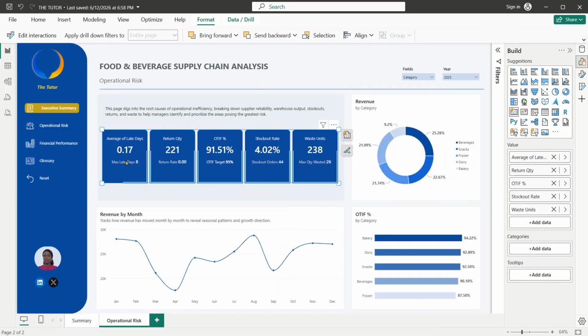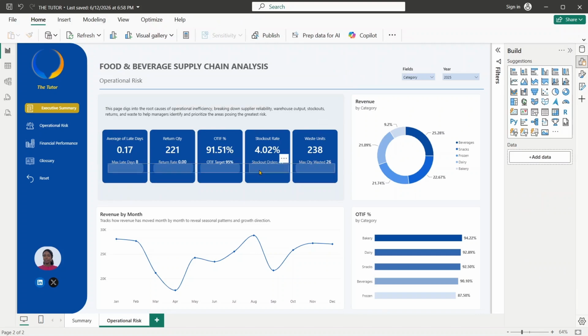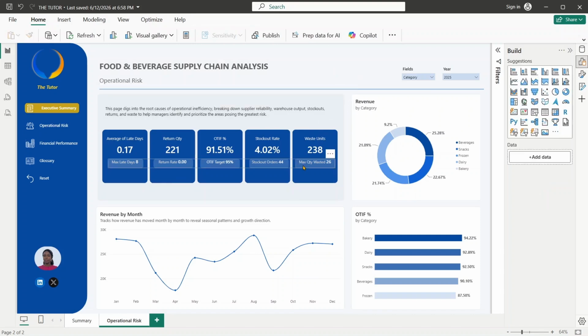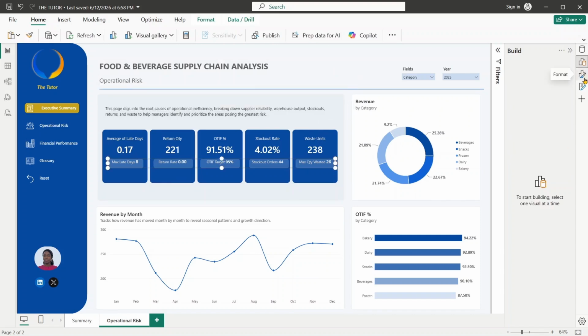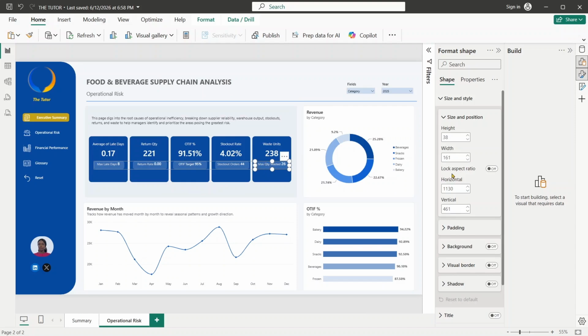So you can see we have our average lead days, we have our return quantity, and we have our OTIF. We have the stock out order. So for this particular figure, let's just drag it up to highlight it properly. So select it again, come to format. See here, we cannot actually make any change unless we select it one by one. So I'm going to double click on one of the boxes,